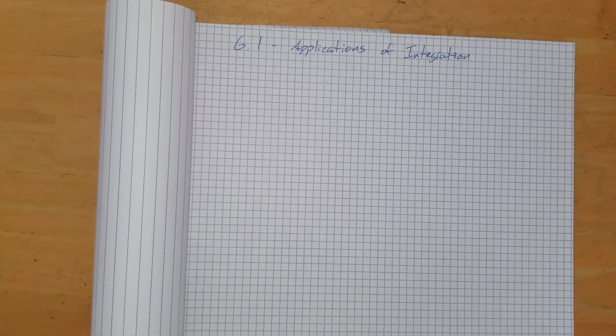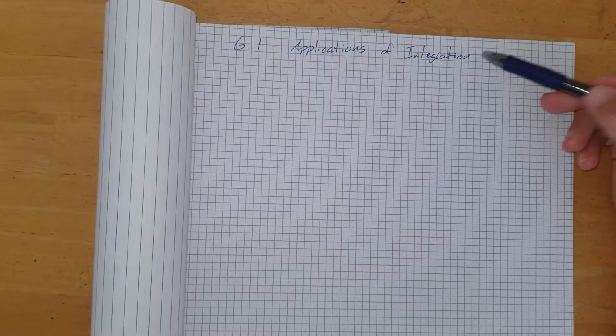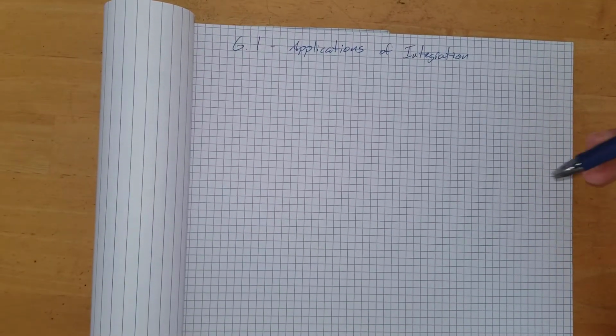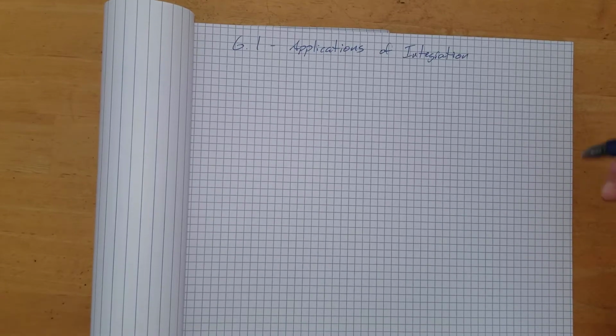We are skipping over chapter 5 because that is differential equations, and most of you are probably not going to deal with that. It's pretty fascinating. You can check it out if you want. But we are moving to applications of integration. This is actually really cool. So the example that they use in the book